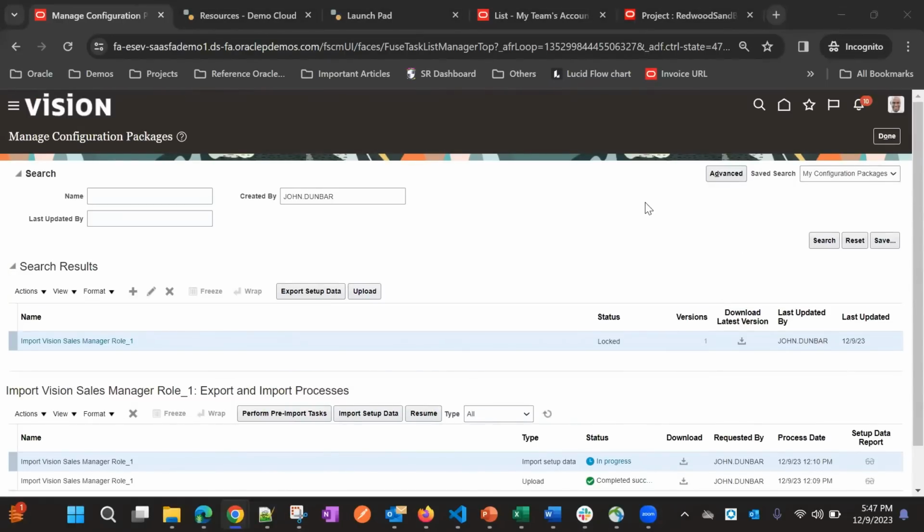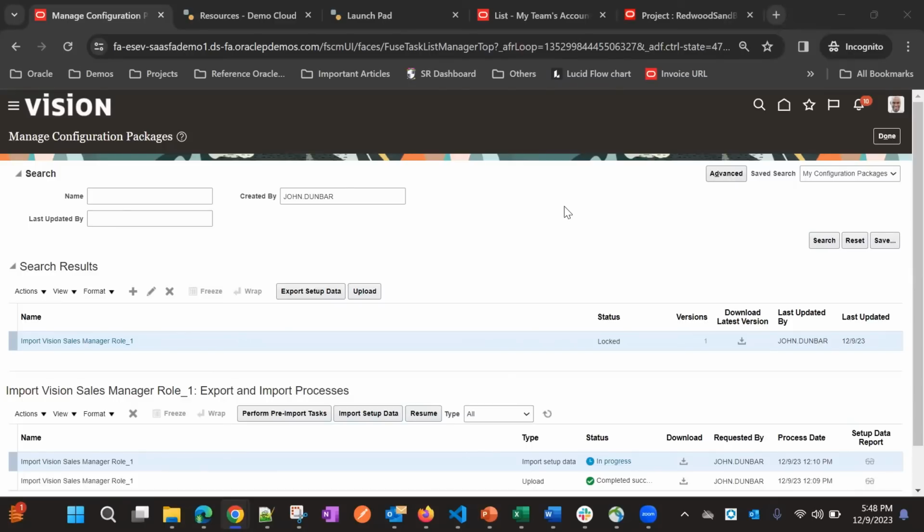And from an important notes perspective, we need to ensure that everything is available or everything is synced between the two environments. Then we won't encounter any issues. If there are any issues, we may need to reach out to Oracle support for resolving or to debug the errors. But this method will perfectly work